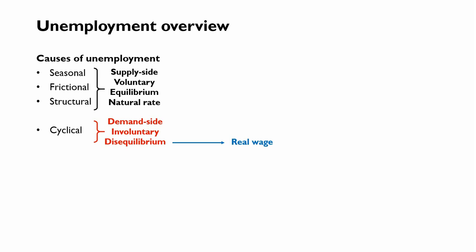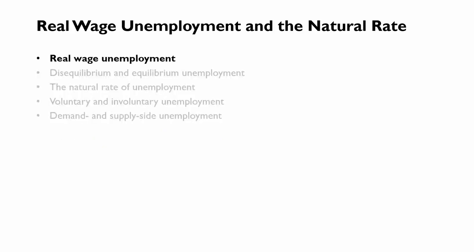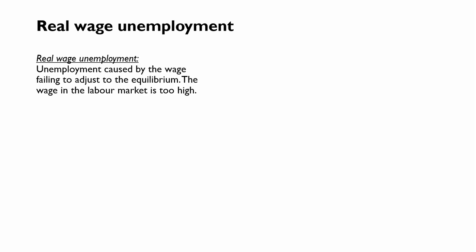And we're going to overview all of these terms and keep going back to this framework of how they fit together. Let's start with real wage unemployment. Real wage unemployment, crucially, is a different perspective on unemployment. It's the idea that unemployment can be caused by the wage in the labour market failing to adjust to equilibrium. The wage is too high. It's usually viewed as a classical view of unemployment,